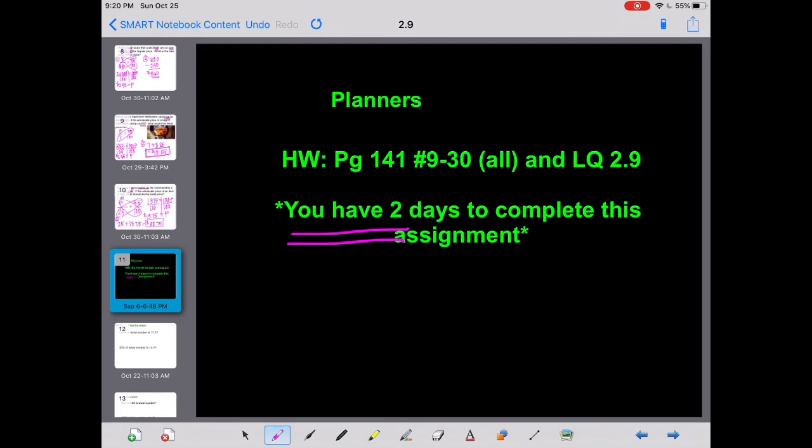Alright, if you are in regular algebra, this is the end of day 1, and your homework is on page 141, 9 through 30, all, and then the lesson quiz, and you'll have 2 days to